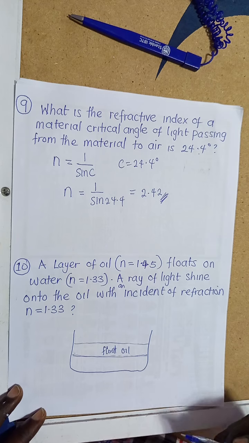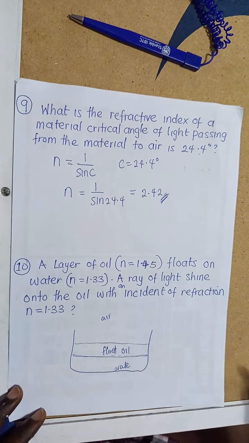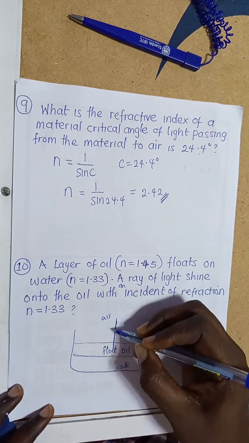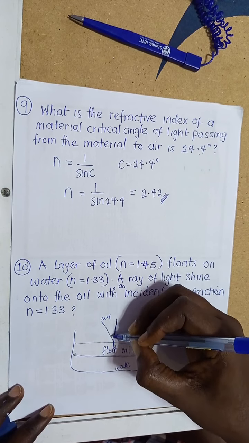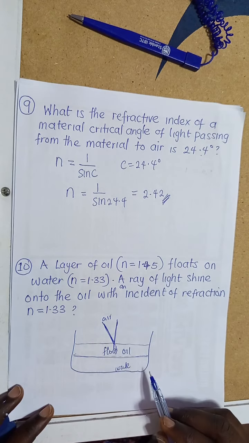Floating is oil. This is water. And this is the air. This is float in water, on water, 1.33. A ray of light shines onto the oil. So that means when the ray of light shines onto the oil with an incident